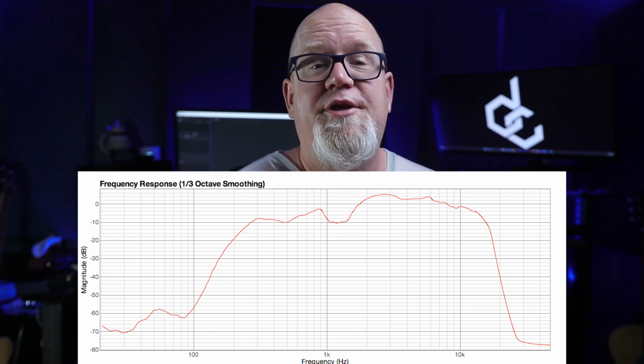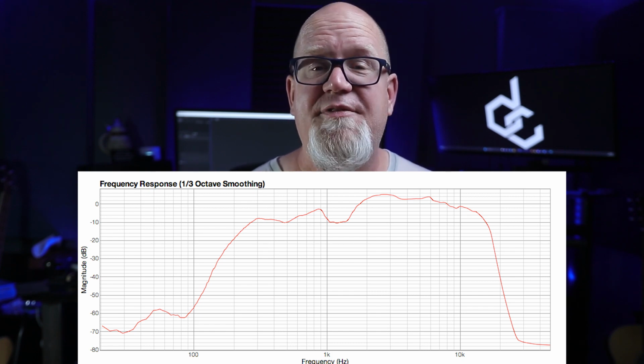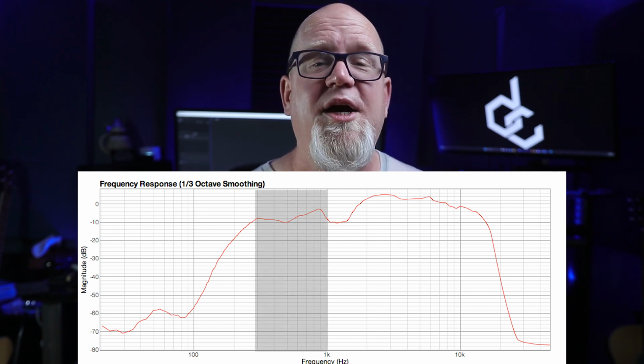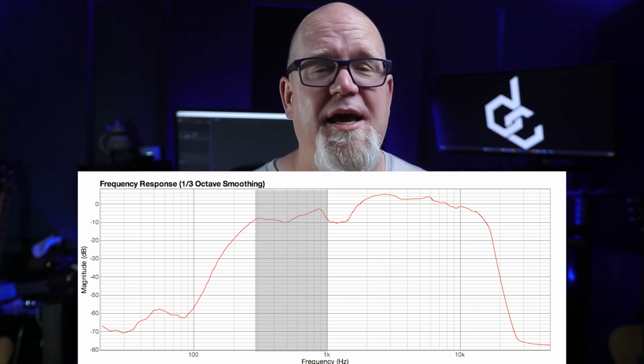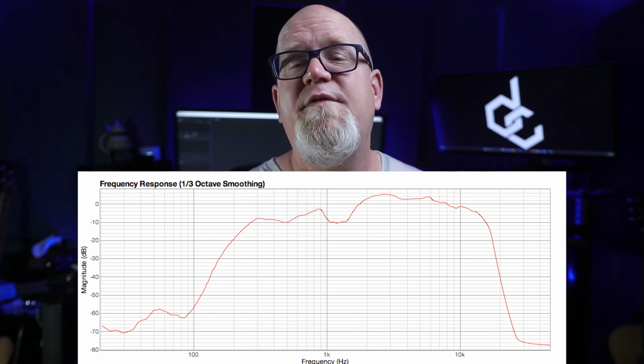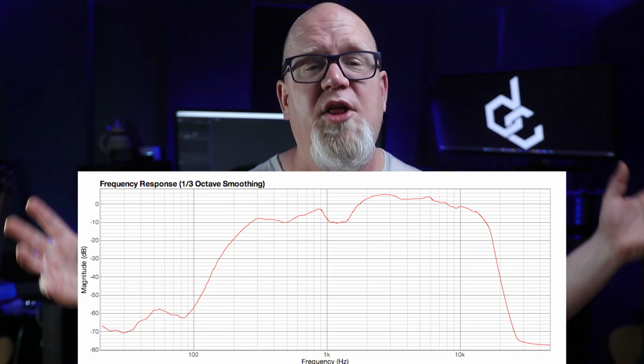Now, the mid-range, on the other hand, is just as bad, if not worse, with the 500 Hz to 1K sitting at negative 10 dB. And again, this is one of the best sounding laptop speakers on the market. This ain't your HP laptop, I can guarantee that. Stop trying to flex like this. It is dishonest, and when you actually look at the facts, you just look a lot less intelligent than you might think.